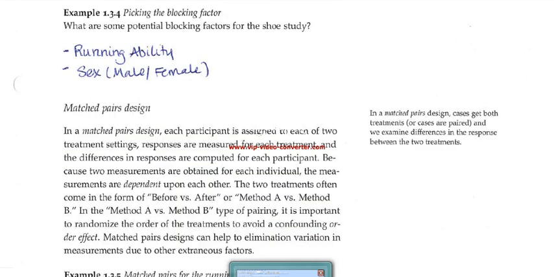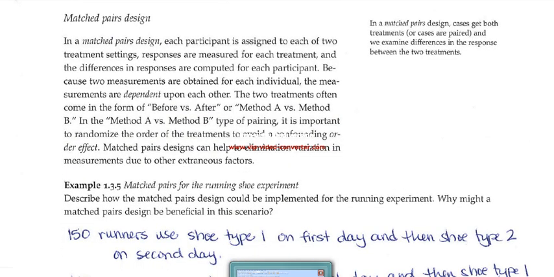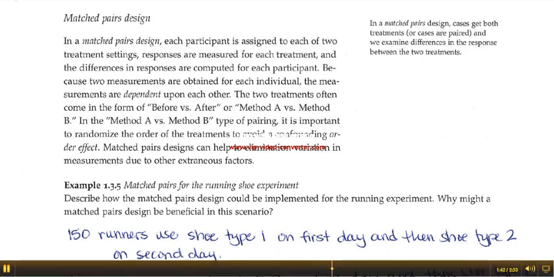The last type then, the match pairs design, what we actually look at is everybody in the study is assigned each of the treatments and we compare then for that person. So the person kind of acts like their own block, like within the person, we're looking at the 2 methods. These are used a lot for like before-after studies or just method A, method B studies. And we have to make sure that we also randomize the order of the treatment so that we don't have